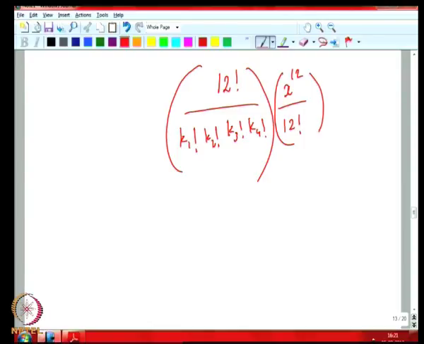So now all possible splittings of 12 into white, red, blue and black flags will correspond to some k1, k2, k3, k4, coming from each different term, and every time we will get the number of permutations as the contribution to the coefficient of x raised to 12 by 12 factorial. And then finally the sum of all these things will give the final coefficient of x raised to 12 by 12 factorial, and clearly this is the number of signals that we can make, because the number of signals we can make is actually